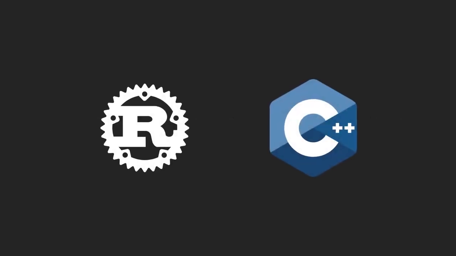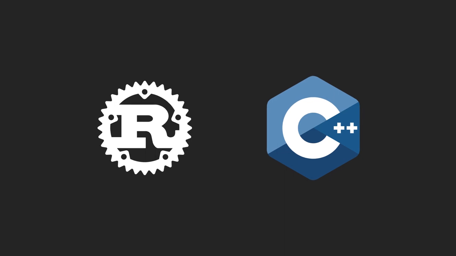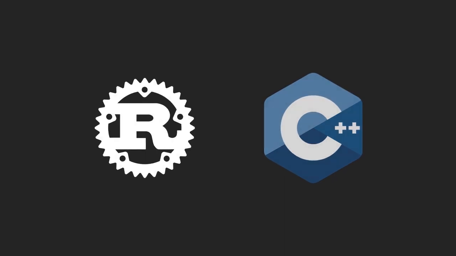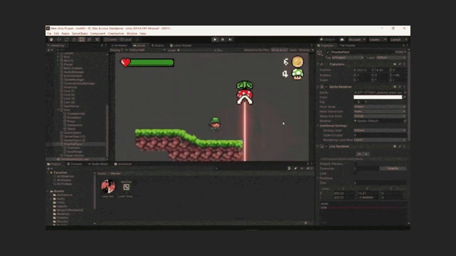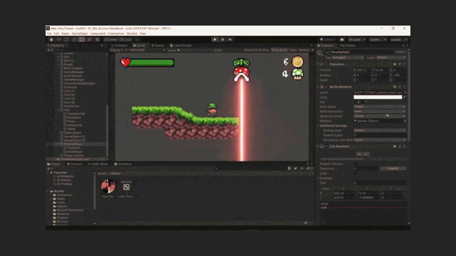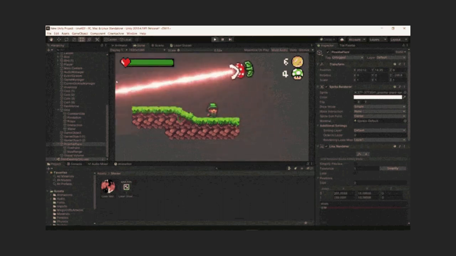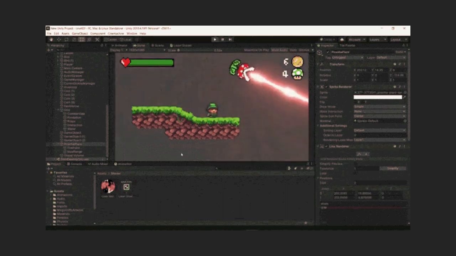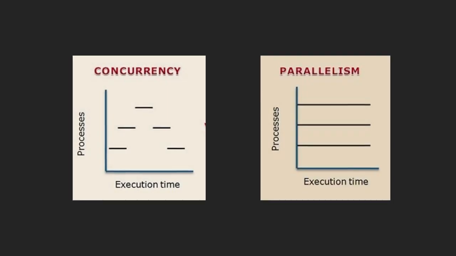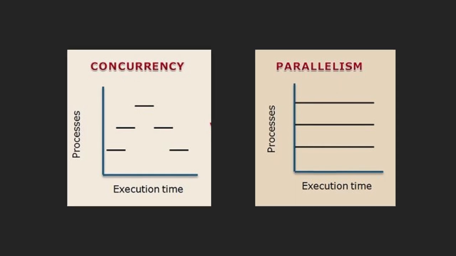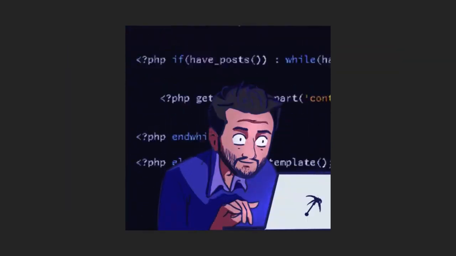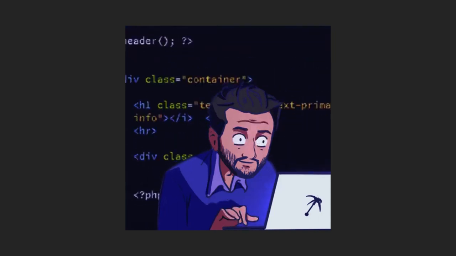Rust and C++ are both systems programming languages that are used for low-level tasks such as operating systems, embedded systems, game engines, and network programming. However, each language has its strengths and weaknesses in different use cases. Rust is particularly well suited for concurrency and parallelism, thanks to its ownership model and lightweight threads. It is also a popular choice for network programming and web development, thanks to its modern syntax and libraries such